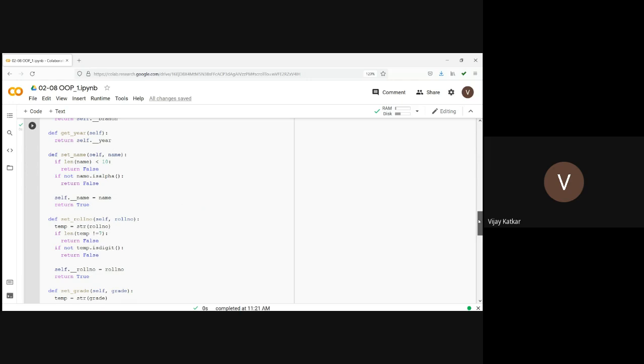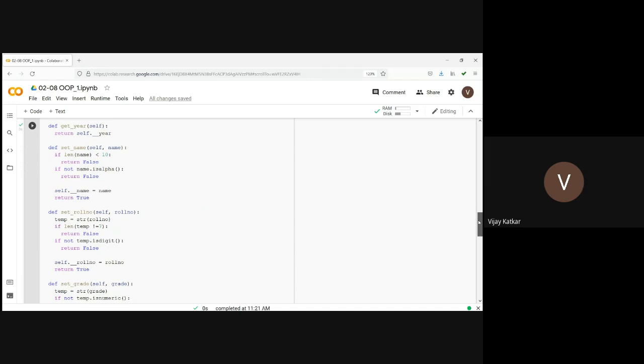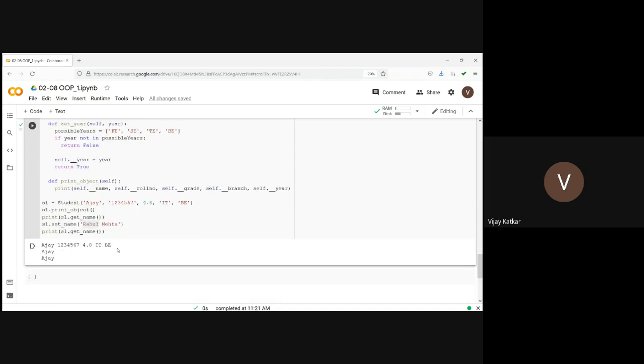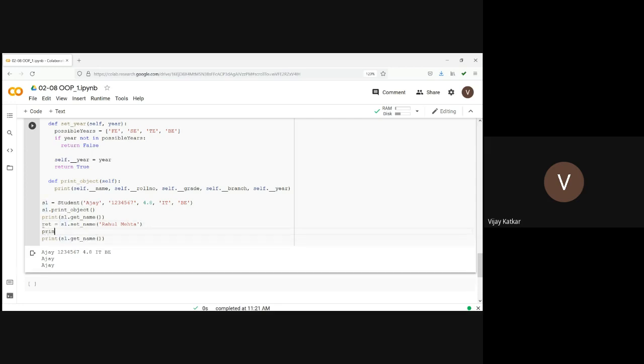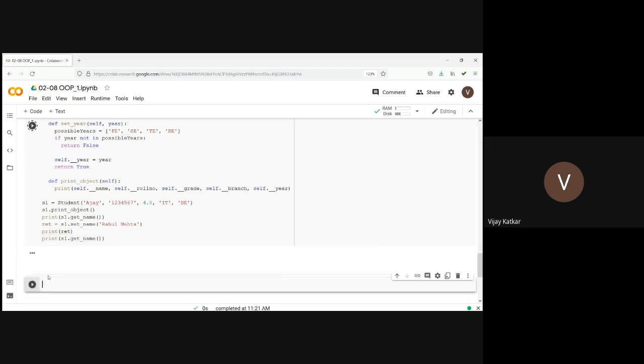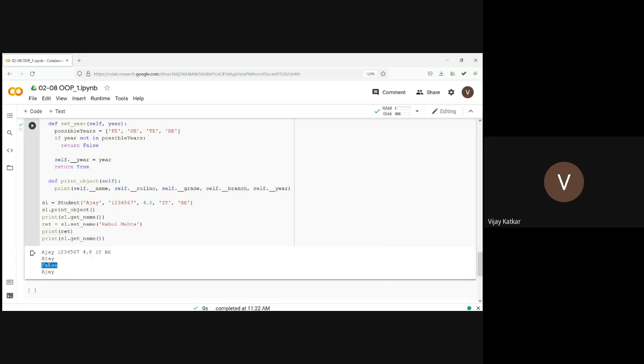Set name: self dot double underscore name is equal to the given name. So let us check here. What's the return value? ret is equal to this, and print ret. Okay, it is not able to set the name.